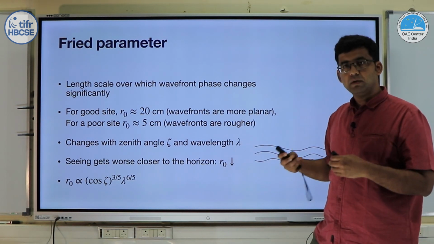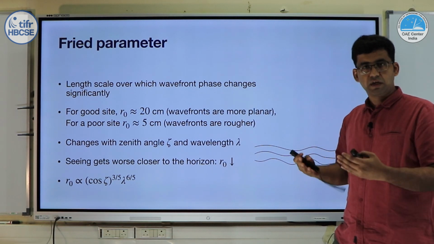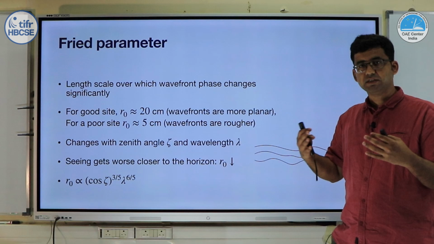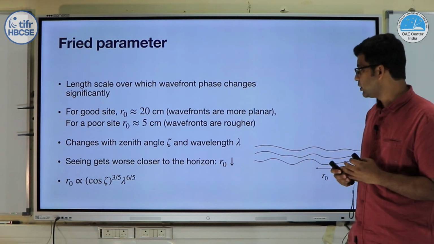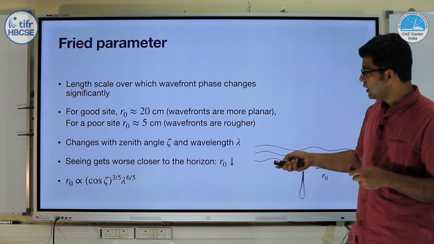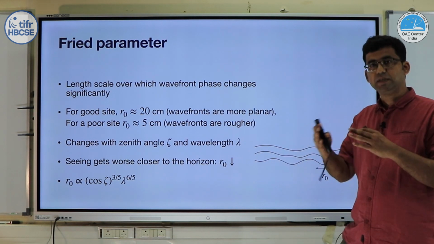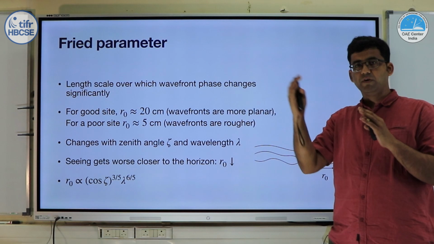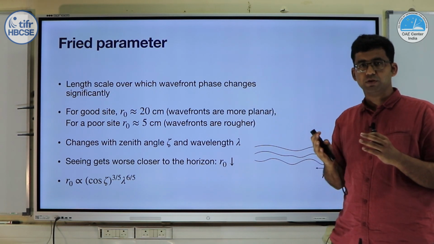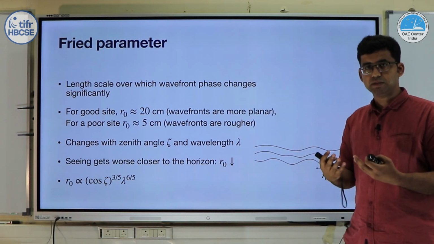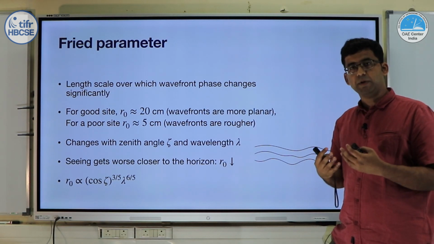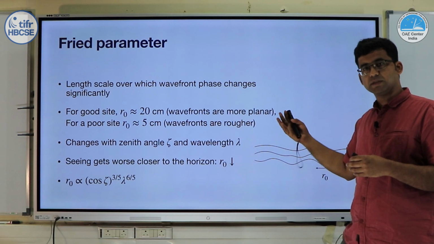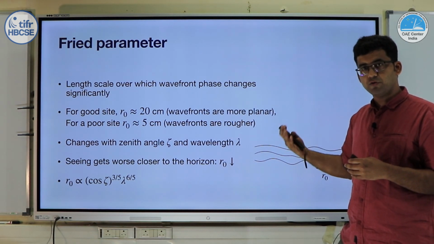For a poor site, R0 will be smaller. It can be as small as 5 centimeters, which means that the wavefronts are rougher and they change very quickly as you look in different directions. This obviously also changes with the zenith angle zeta and with wavelength. So, if you go further away from the zenith, you are looking through more and more atmosphere, so you encounter more turbulence and your Fried parameter will become smaller. So, as you get closer to the horizon, your seeing is going to get worse and your Fried parameter is